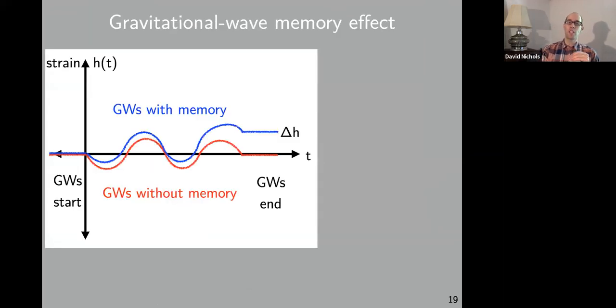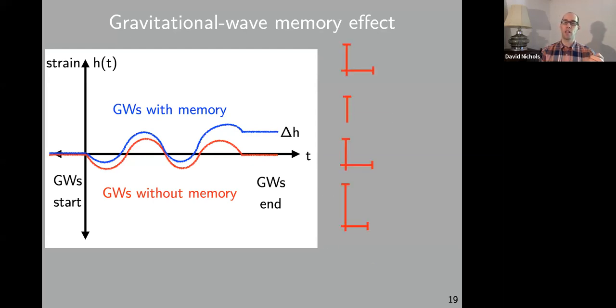So one such strong luminosity effect, which is quite interesting, is this gravitational wave memory effect. I've sketched schematically what the memory effect is here. The standard picture of a burst of gravitational waves is it starts without straining the detector, passes by, and then it leaves the detector unstrained. But a burst of waves with memory has some lasting strain, some offset delta H, which endures even after the